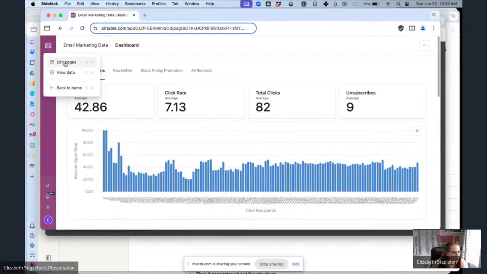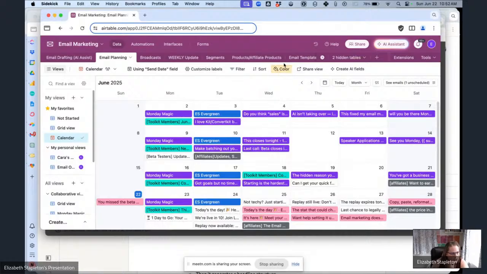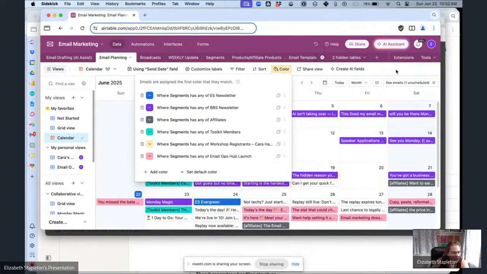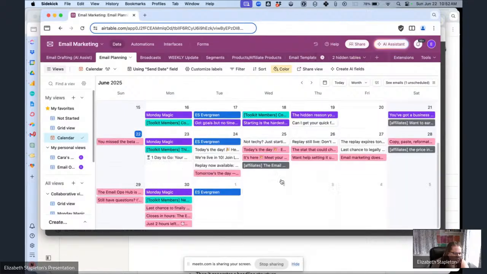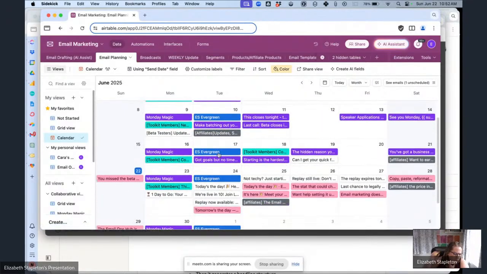But overall, if I go to my view data, and if I go to my calendar view here, this is where I can see it. I've set up the colors by segment. So I can make sure there isn't a single segment getting too many emails at once, which I can do in the interface because I have those filters. But if I just want to look at everything and kind of see,